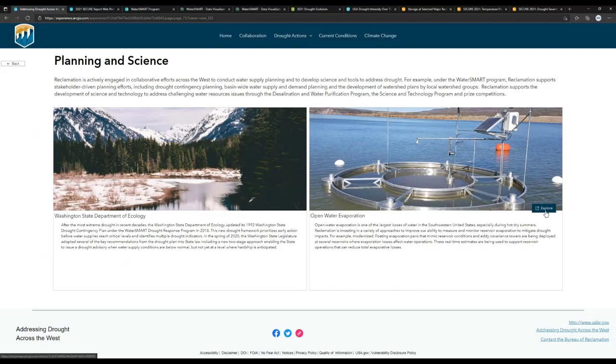So it's an interesting story about how planning can actually lead sometimes to administrative or even legal changes that can help folks build resiliency in advance of a drought. And on the right, you can see one of our floating reservoir evaporation pans.